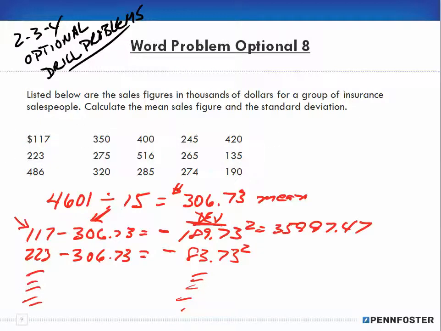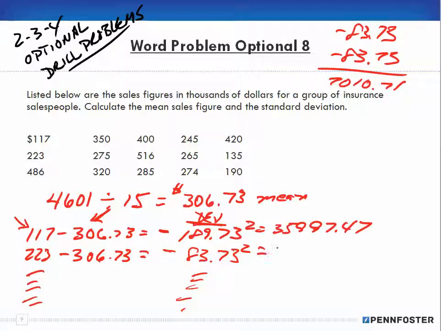Okay, so my next one would be a negative 83.73 times a negative 83.73, and that gives me 7,010.71. Okay, so you're going to go down, and for all 15 of these numbers, you're going to subtract the